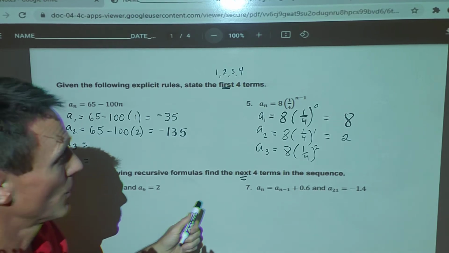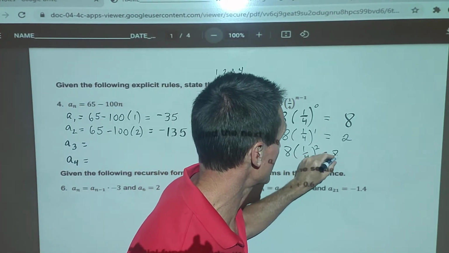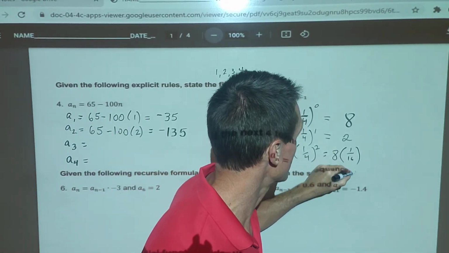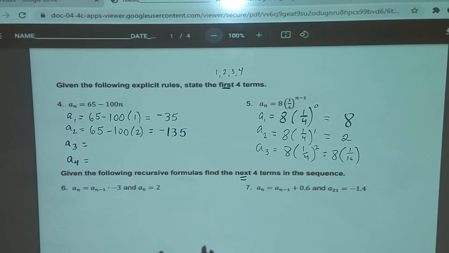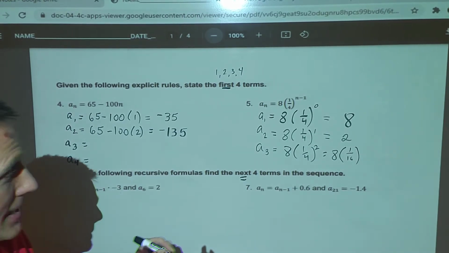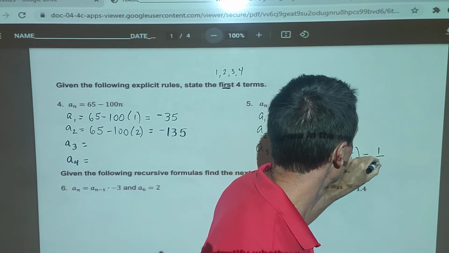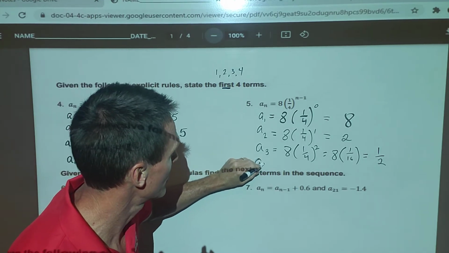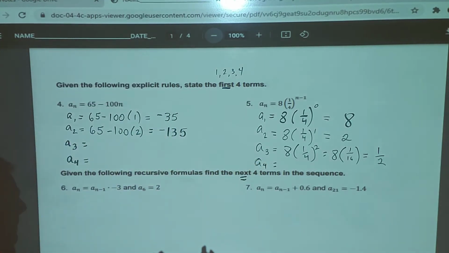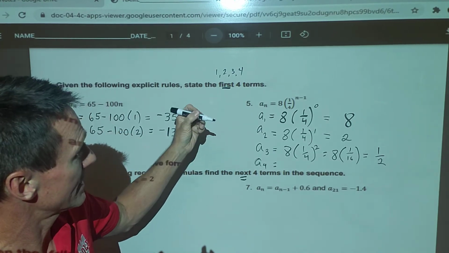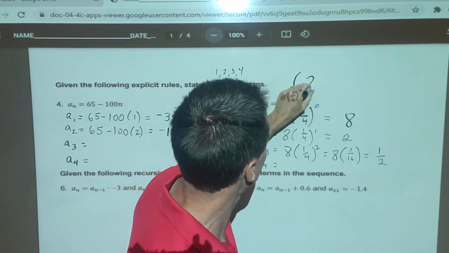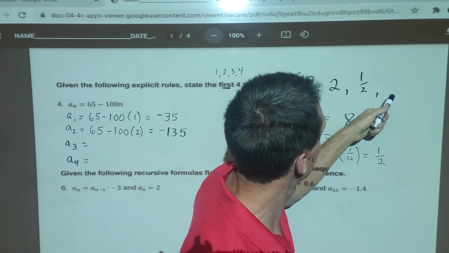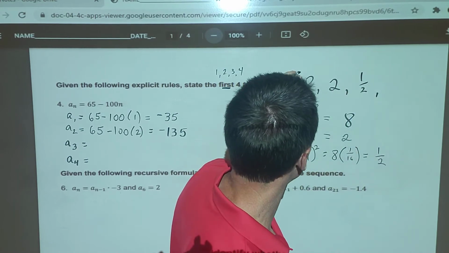1/4 squared would be 1/16. So 8 times 1/16 would be 8 divided by 16, which is 1/2. And then again, if you're looking for the first four terms, you would need to find the fourth one as well. And then we would write that, where I have a little room, 8, 2, 1/2, and then you would write your fourth term